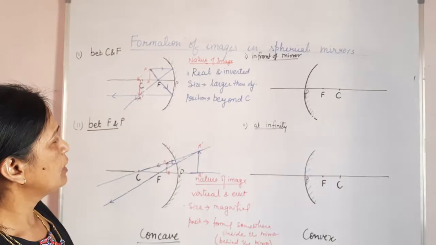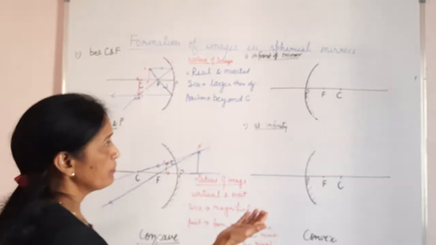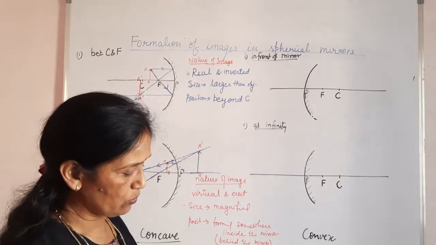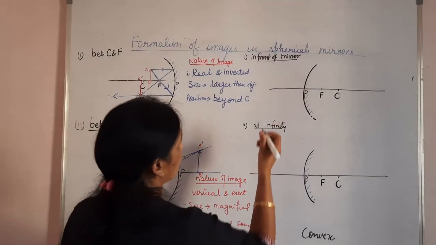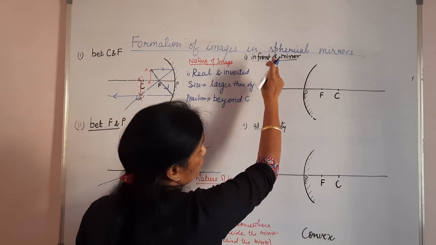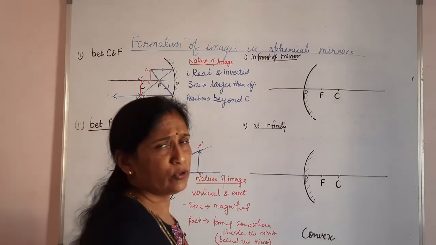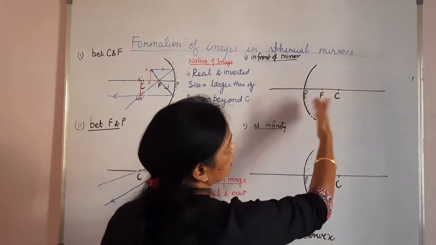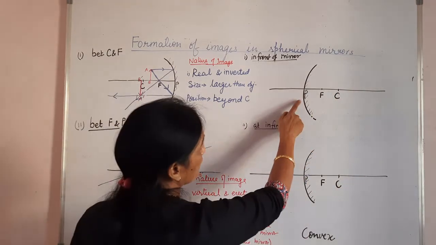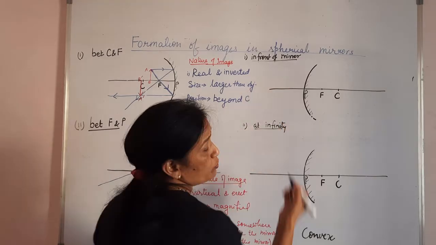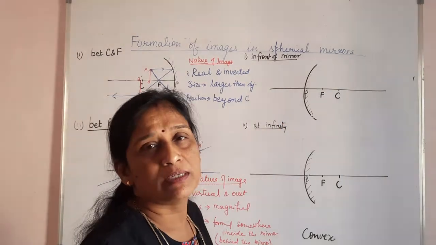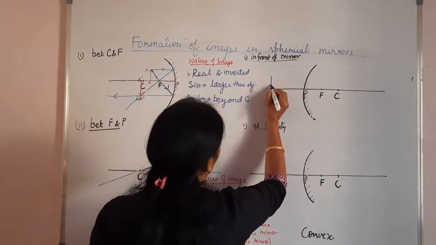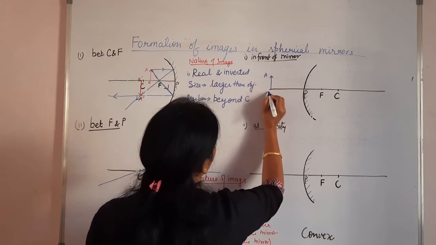So in this way you can draw images. Now let's see two different positions, and I will show you in a convex mirror also. Where do I have to keep my object? It is in front of a mirror. Now you cannot keep an object at C or F, because all these points are imaginary and somewhere inside. This is the reflecting surface. So only two positions you can keep it: first in front of a mirror, and second very far from the mirror, that is at infinity. So this is my object AB.